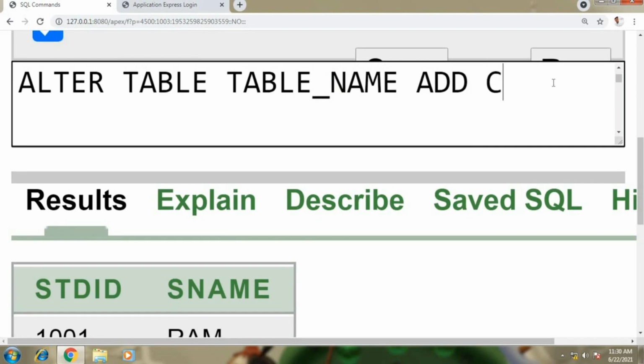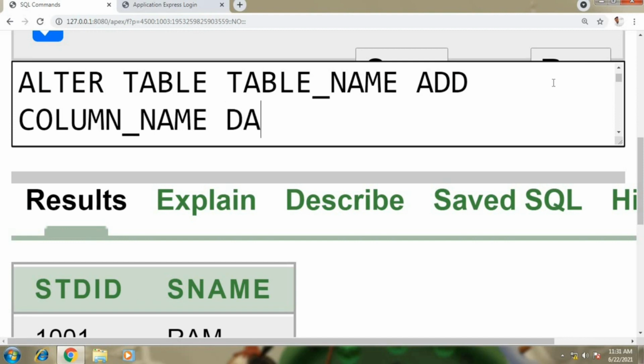After add, you need to specify the column name that you want to add into the table. We are not typing the word column, we are giving the column name, and then a space, and you need to provide the data type. This is the syntax for adding one more column into a table.